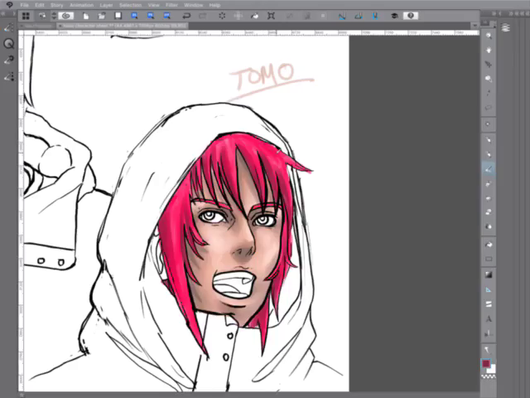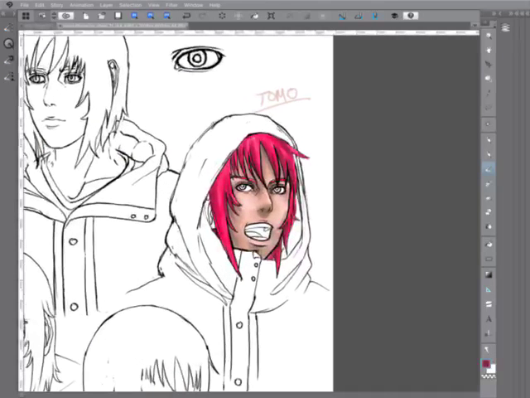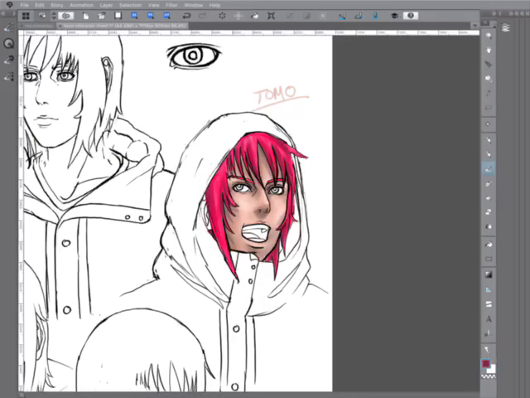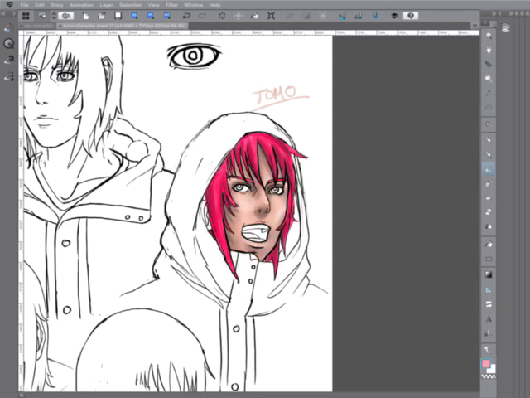I don't want to spend too much time on one spot, since I'm not trying to do a fully rendered painting. I'm just kind of trying to scribble some stuff in there to get a feel for it. Let's throw in a highlight and move on to something else.